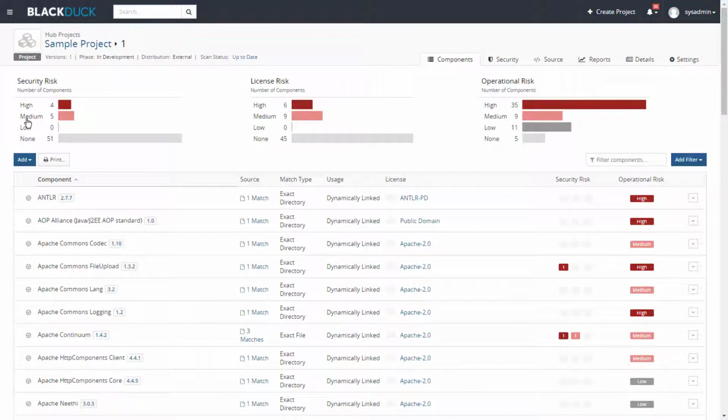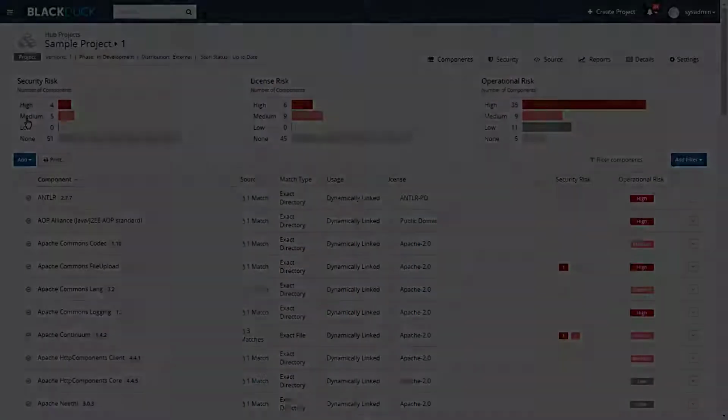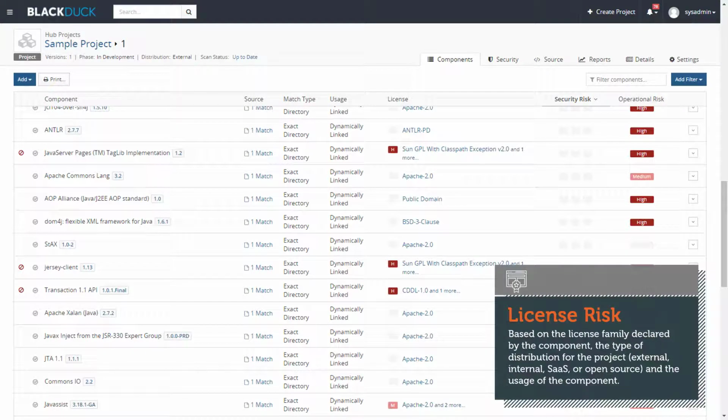Above and beyond that, Black Duck offers a premium enhanced vulnerability data service curated by our dedicated security research team. It provides information on roughly 30% more vulnerabilities than the NVD, and does so on average 3 weeks earlier than the NVD. License risk is a measurement of any conflicts between the license family declared by the open source component,